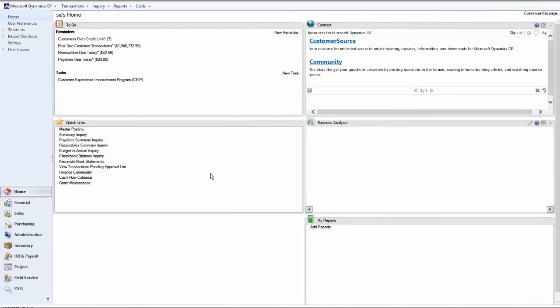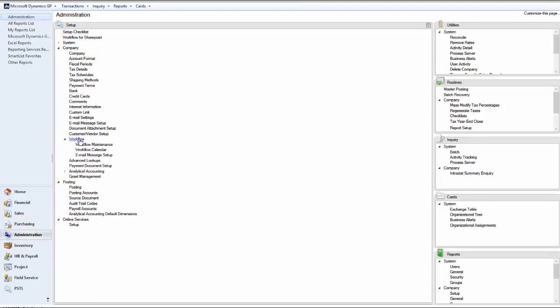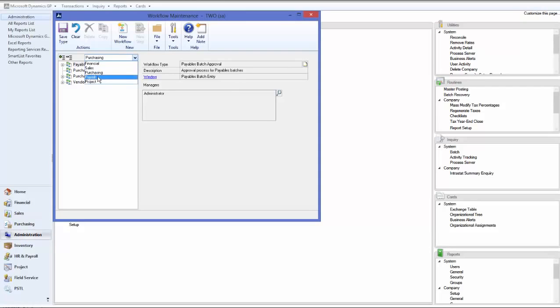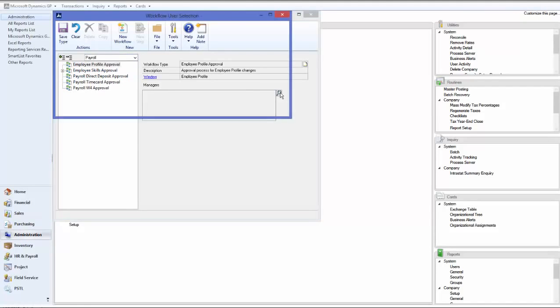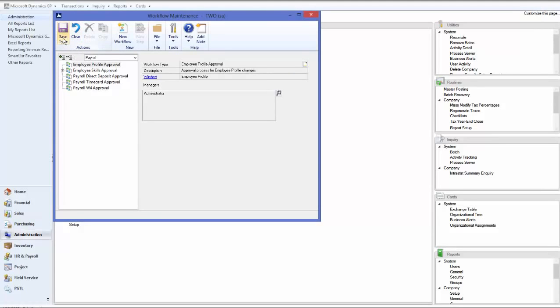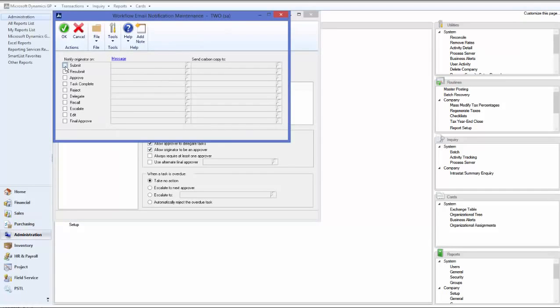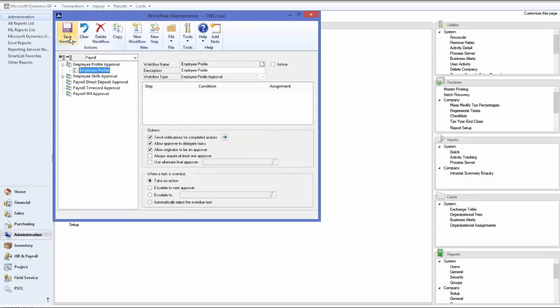To enable the employee workflow approval, under Administration, Company, Workflow, Workflow Maintenance, the Payroll Series, Employee Profile, select your manager, click OK, click Save, New Workflow, enter a workflow name, select your options, click OK, click Save, New Step,